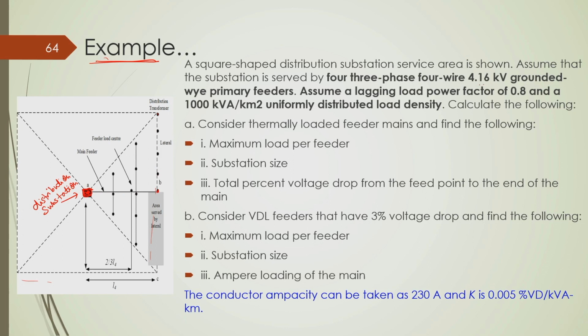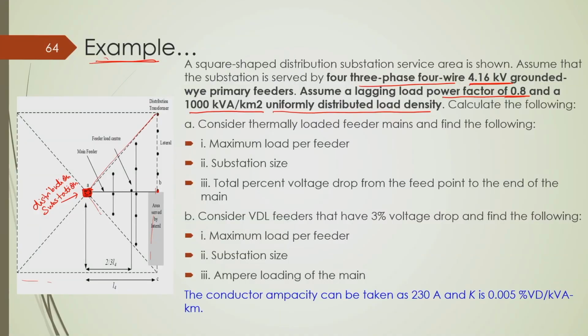Here it is mentioned that these feeders are 3 phase 4 wire, and the line to line voltage of the feeder is given as 4.16 kV. The power factor of the load is given as 0.8 and the load density is given as 1000 kVA per kilometer square, and it is a uniformly distributed load density. Because the service area is square and we have 4 feeders like this, the service area under a particular feeder will of course be triangular. So, this is the service area